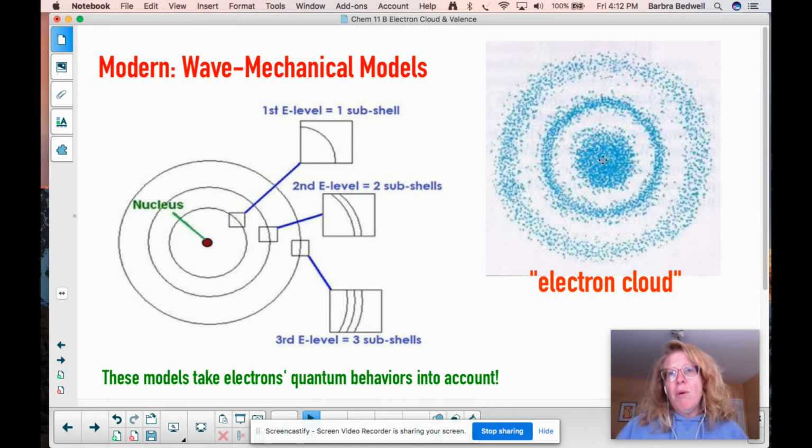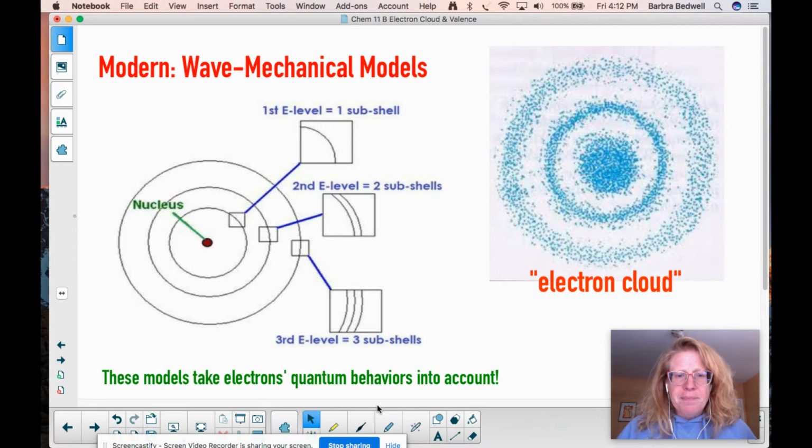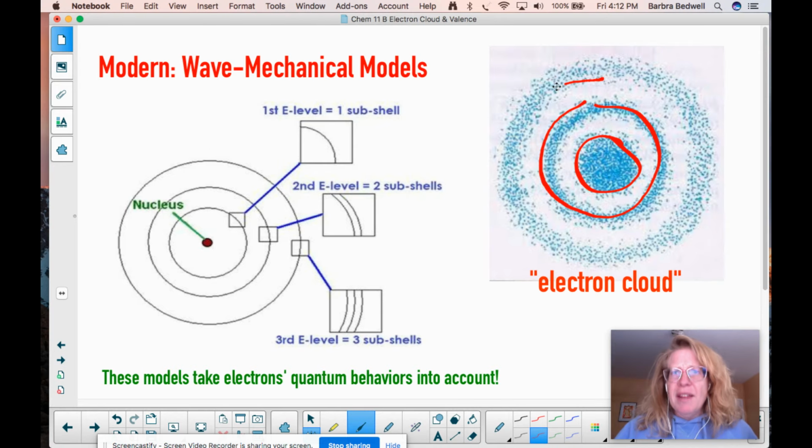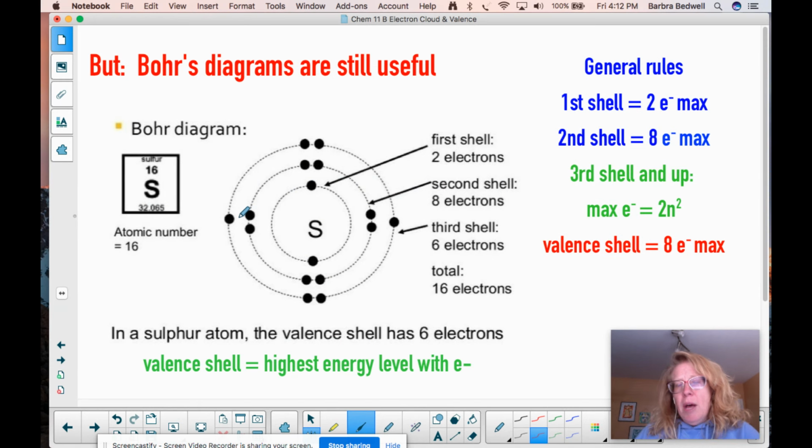For right now, though, we still draw this more like a Bohr diagram where we draw energy levels. If I can get my pen, I do that every time, don't I? Here's energy level 1, and then here's energy level 2, and then here's energy level number 3. Ugh, that's supposed to be round, but here's energy level number 3 going around out there. We can still simplify this crazy cloud into something that still looks a lot like a Bohr model. So we do still use the Bohr model to help us draw some very oversimplified models, but these do still have some predictive value to us. So here's a simplified version of a Bohr model.